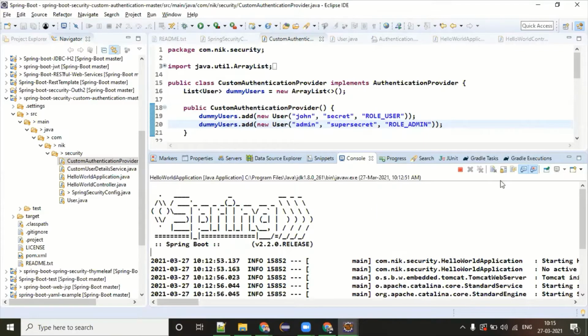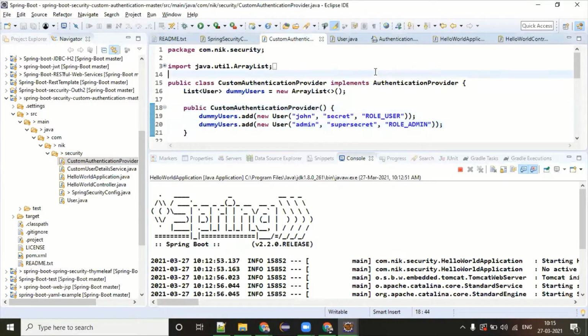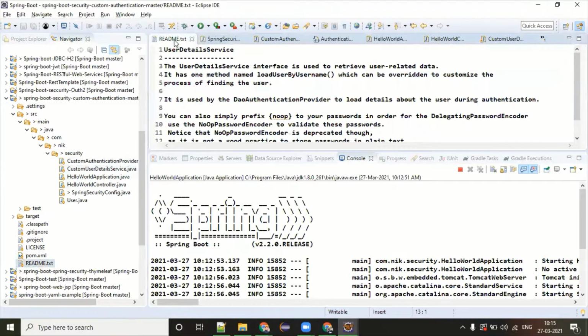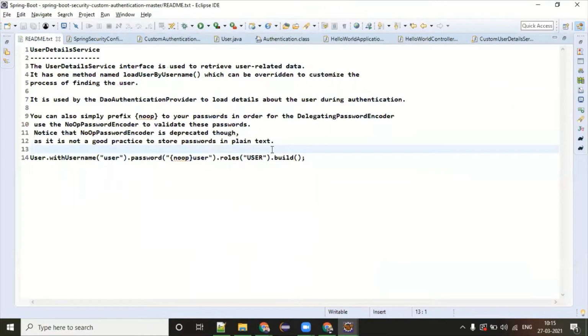No? Good. Cool. So now this is the one. One more thing which is very much needed is how we can load the services related to our particular username. So Spring Security is providing one more library called UserDetailsService. The UserDetailsService is an interface, and it is going to retrieve the user related data.